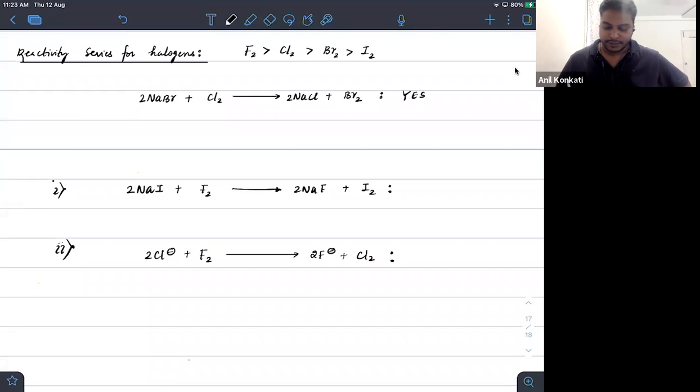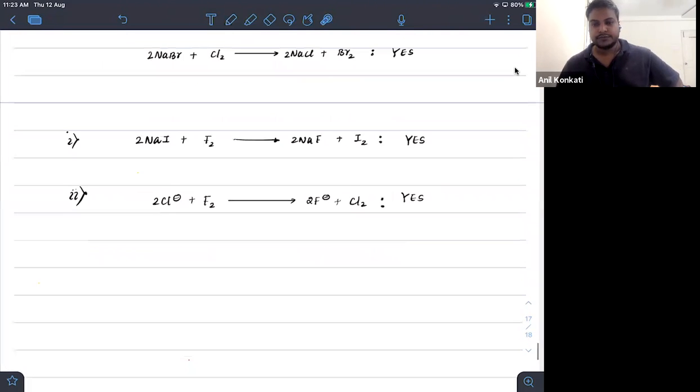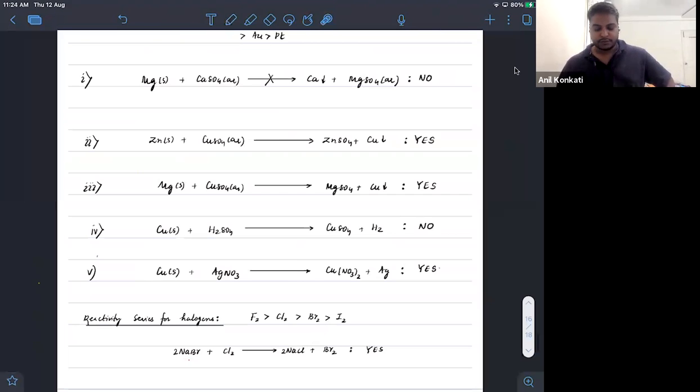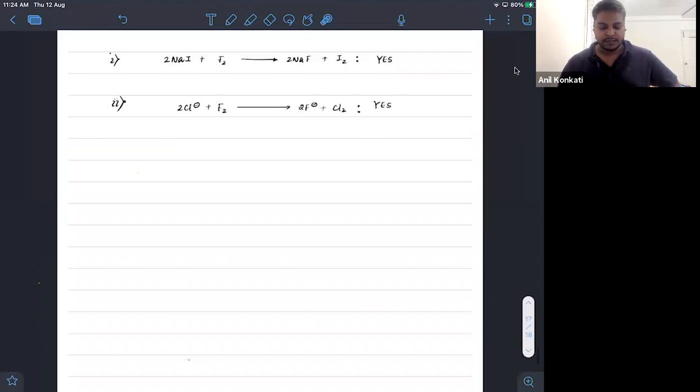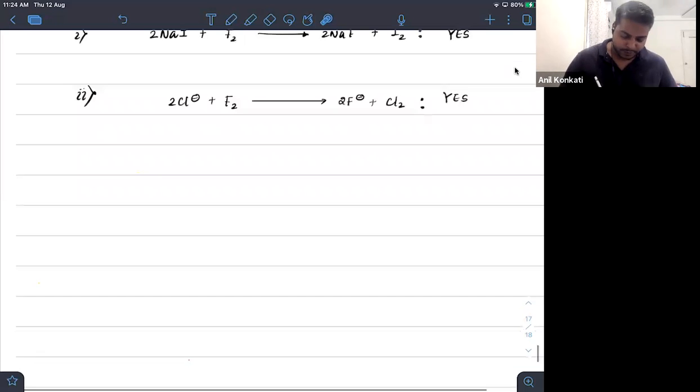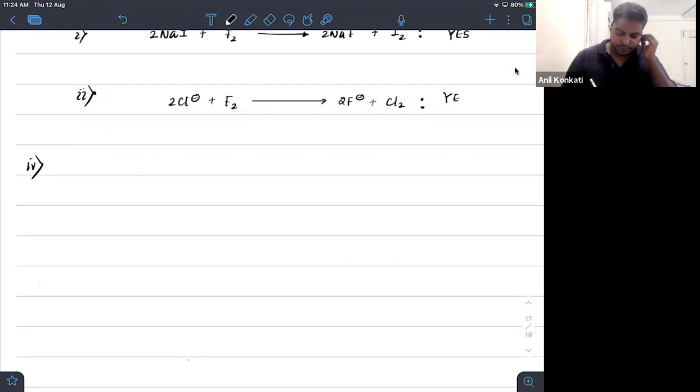So first case is also yes, second case is also yes. You can see it why. Because in both cases, F2 is more reactive than chlorine as well as it is more reactive than iodine. So in both the cases, F2 is going to be more than Cl2 and I2. Okay. Correct. So I hope all of you understood what is displacement reaction. And this is what we are seeing, that how the displacement is happening in both the cases. And the last type of reaction, the fourth type of reaction, which we are discussing right now, is double displacement reactions.